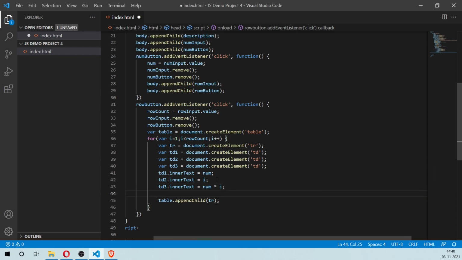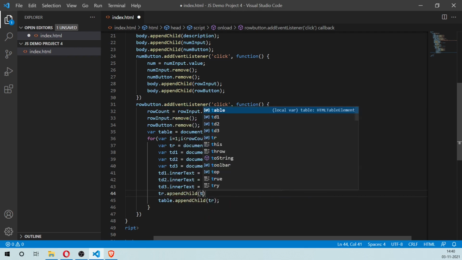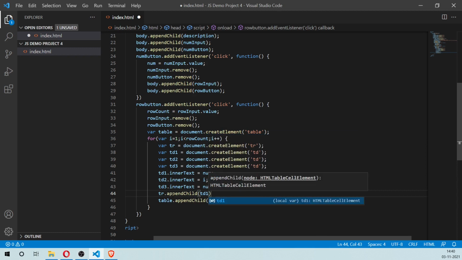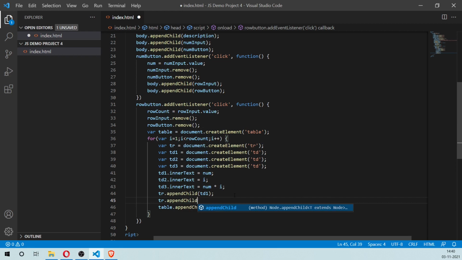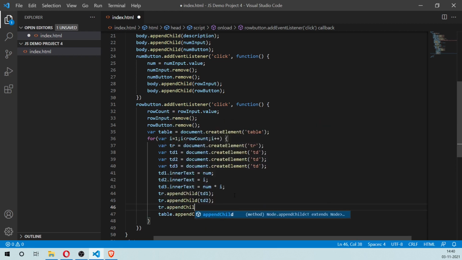Now we need to add these 3 different cells to the row, and we're already adding the row to the table here. So above that we're going to add tr.appendChild td1, and tr.appendChild td2, tr.appendChild td3, and then we are appending the tr to the table.